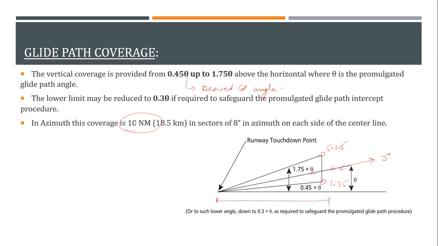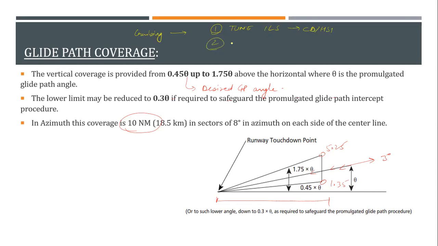Okay, till now what we have understood is two things: localizer and glide path. So how does this work? First, you are navigating in your aircraft. You are cruising and you're navigating. Okay. Now the ATC tells you to come in for the approach. So you quickly prepare yourself for the approach. Now what will you be doing as a pilot? Firstly, you'll tune to the ILS frequency. Okay. Once you tune to that, your CDI and HSI will start to behave like that.